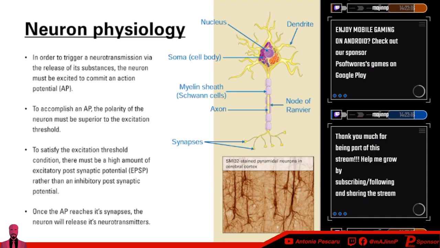So basically, a neuron's job is to trigger a neurotransmission. That's what we stated. But in order to do that, the neuron must be excited to do it, right? In order to commit something called an action potential, right? It's like basically